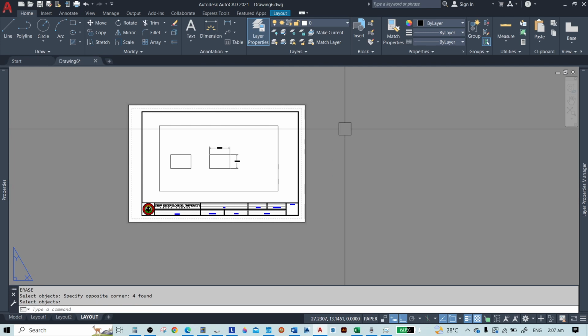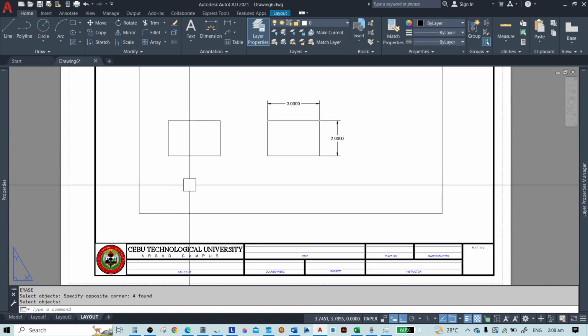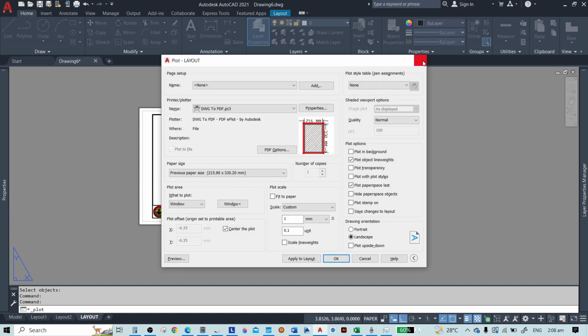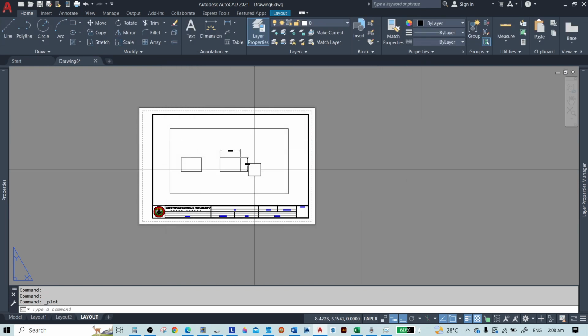If the unit of the scale that you want is not the same as the unit of the scale in your paper space.